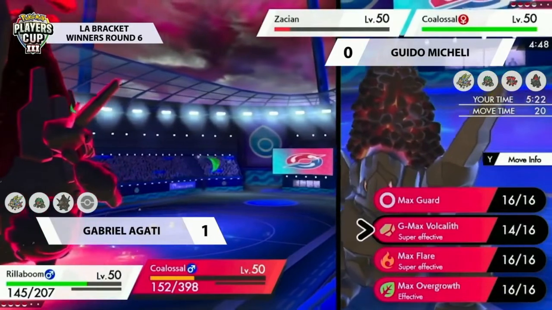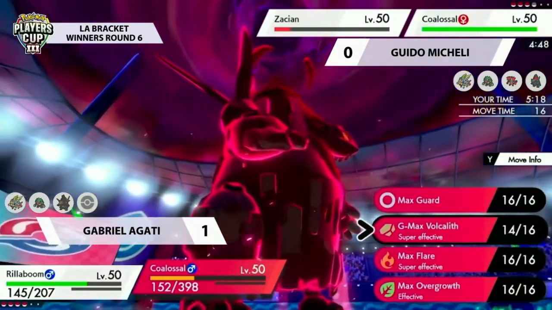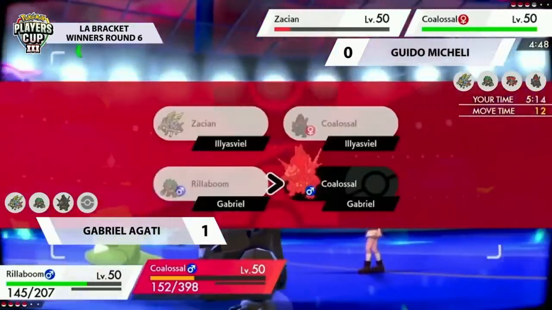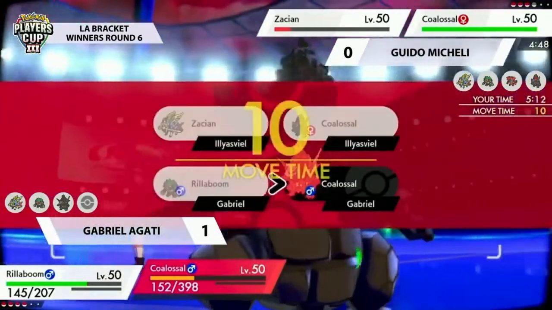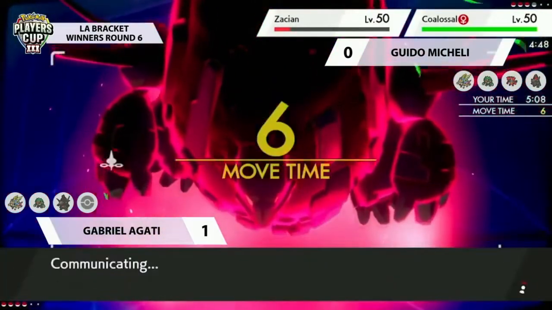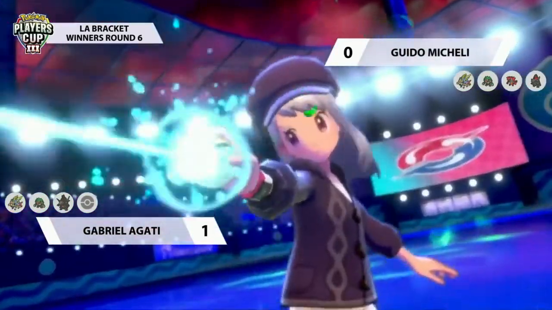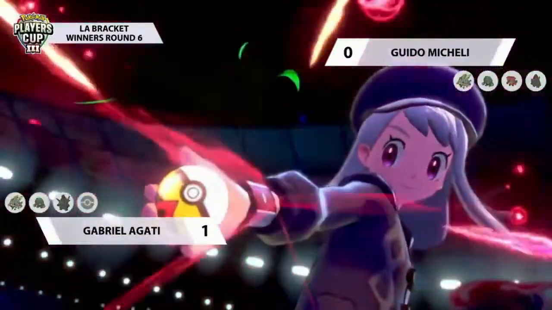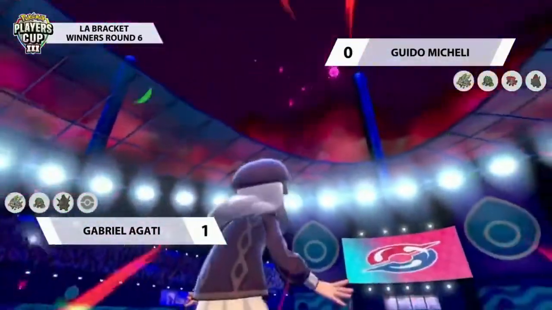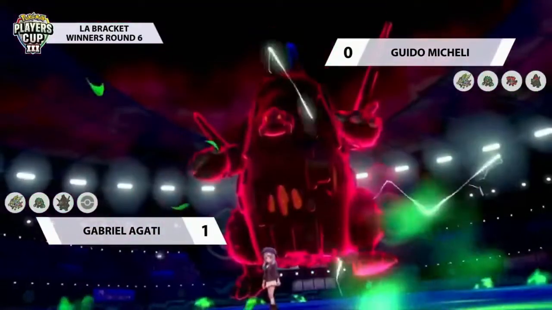We know that the Volcalith can pick up a solid KO there against the opposing Colossal, but if Guido wants to potentially Dynamax it up, then it's going to be able to take that attack, and that allows Guido the opportunity to retaliate, maybe try and set up a Volcalith of their own. Gabriel is really thinking about what to do here and has opted to go for a more, I think, defensive strategy there. All will be revealed in a moment, but first of all, we've got to see that Dynamax animation coming out from Guido. Yeah, and you can see that the Max Guard is going to come out from Gabriel's side